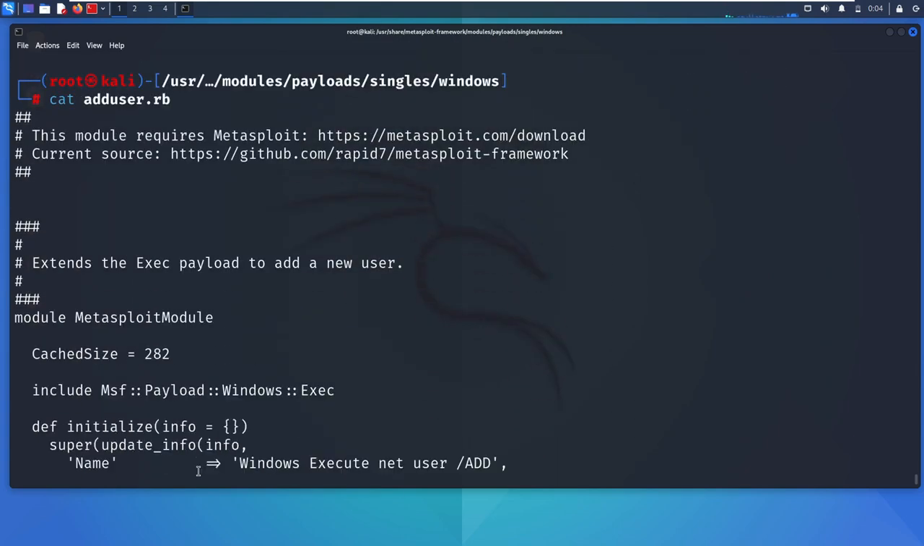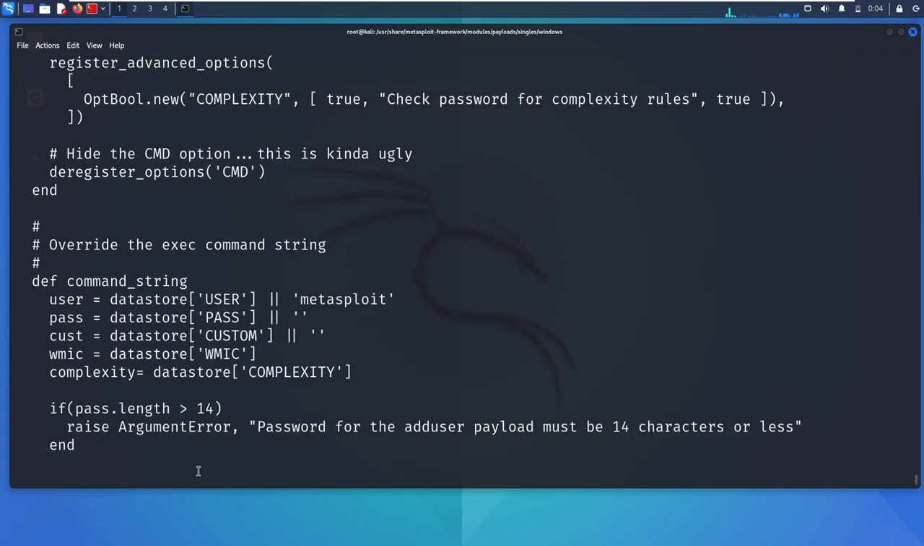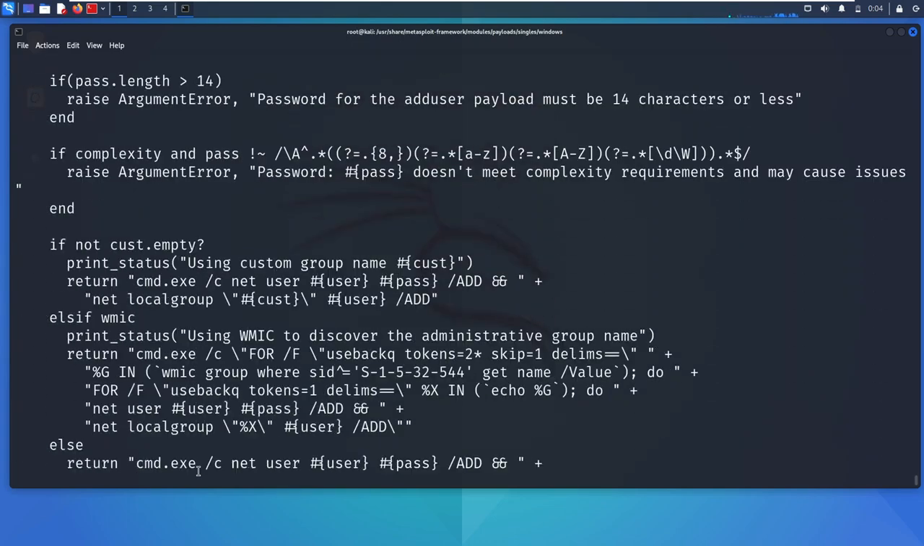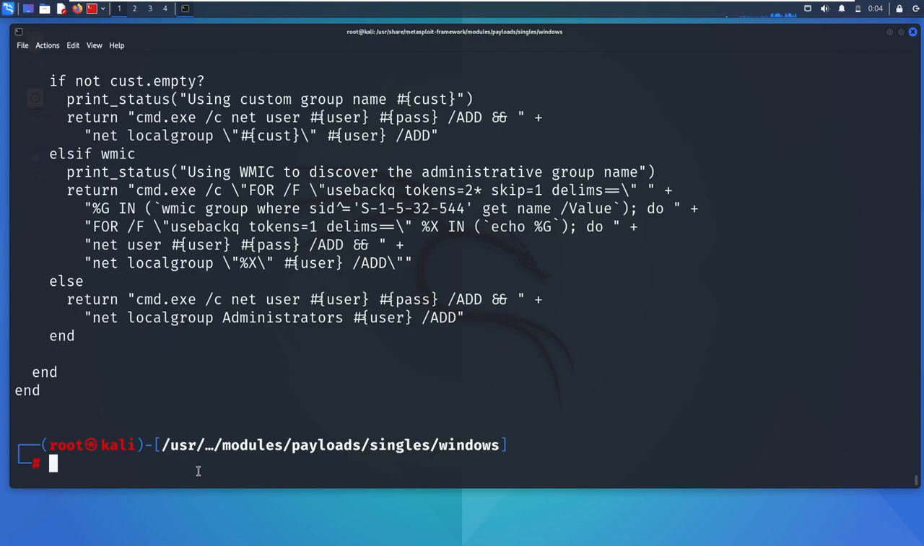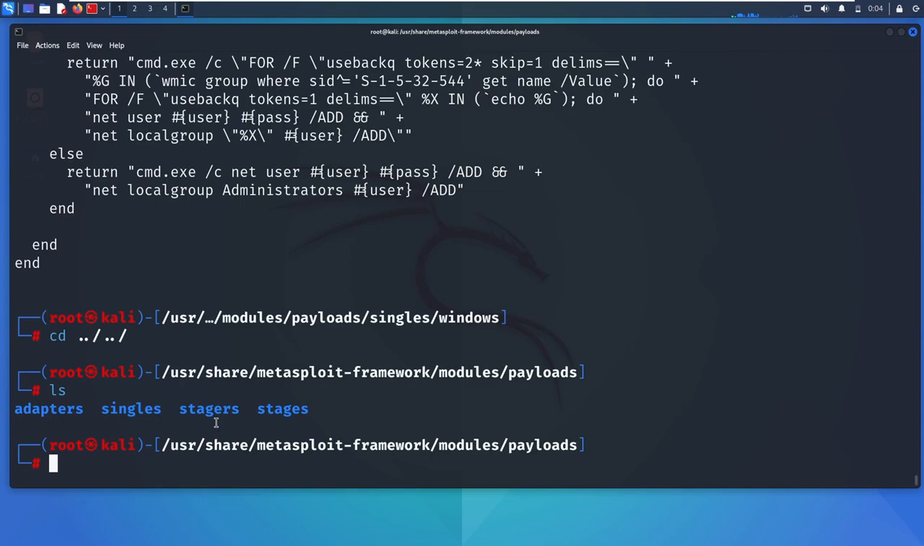This command will display the Ruby code for the Windows add user payload, allowing us to understand how it functions and what actions it performs when executed. By exploring these payloads, we gain insights into their functionalities and how they can be utilized in security assessments, penetration testing, and hacking activities. Stagers play a critical role in establishing the initial connection between the attacker and the victim